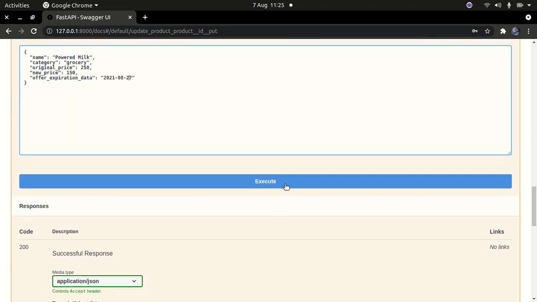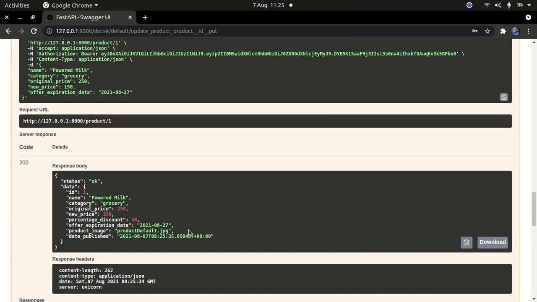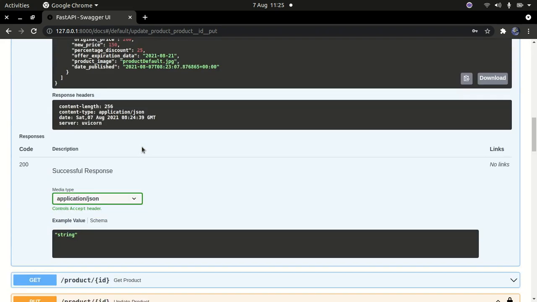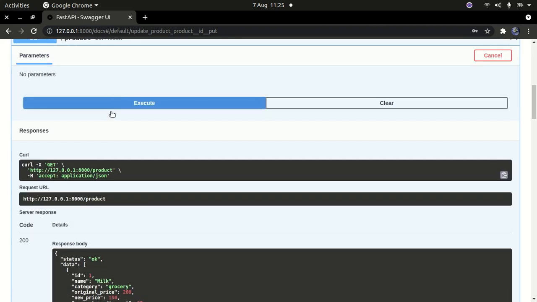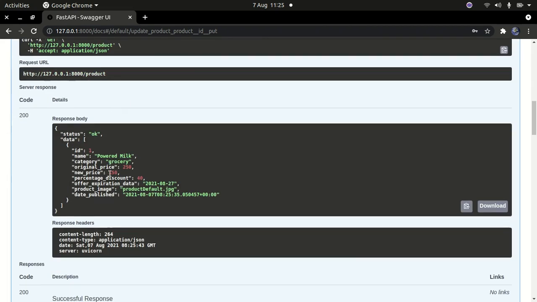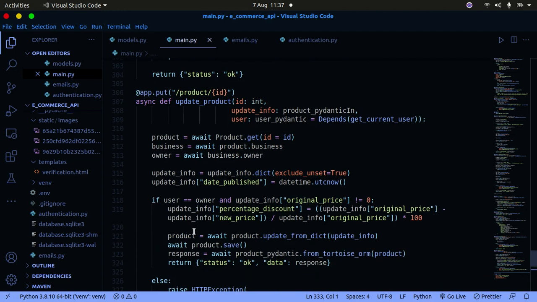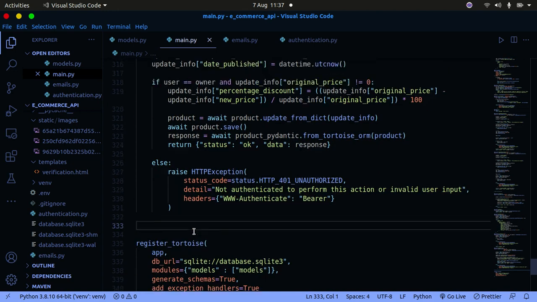And I'm simply going to now execute this on our front end, and now you can see it has returned to us the updated information. So let's also check here to make sure it also reflects here. Let's just refresh this, and then we can see we have that information there, and everything has been updated appropriately. So guys, now that we have written the functionality for updating our product, let's write the functionality to update